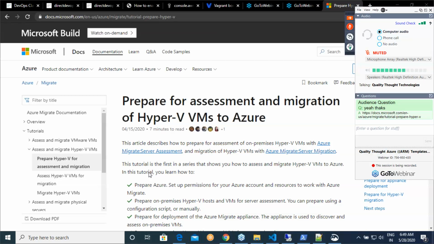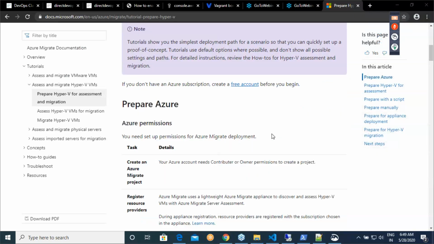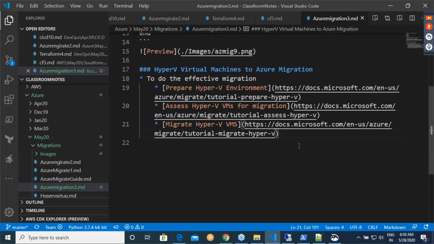Please open that link. Open the document, and that is what you'll be doing.